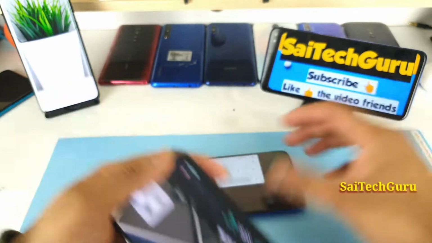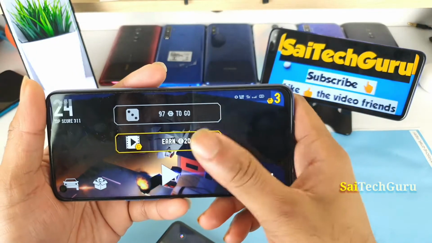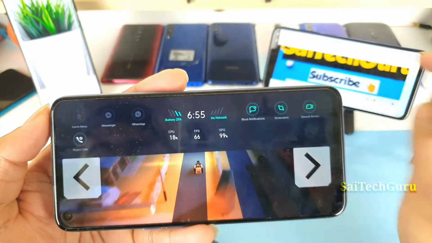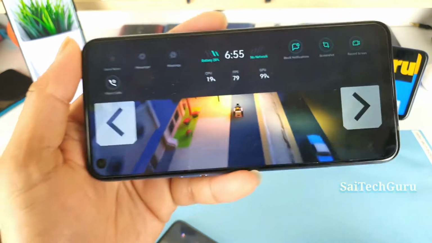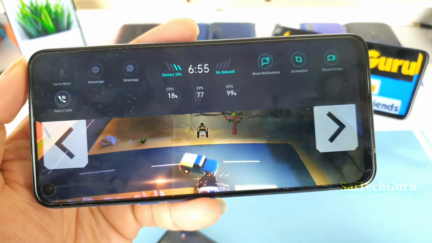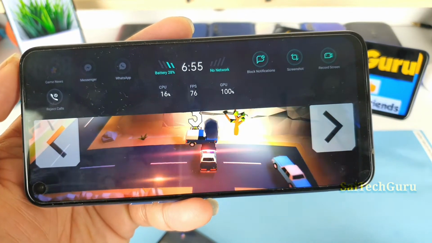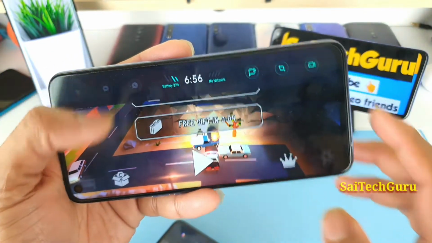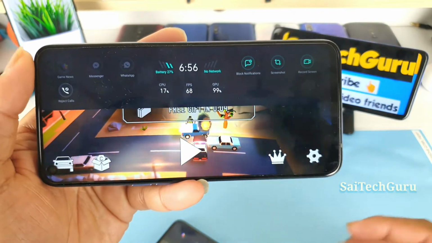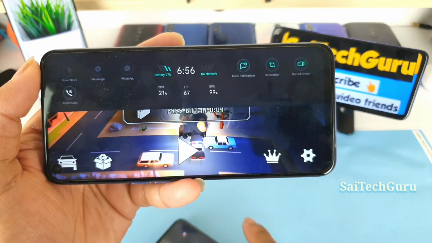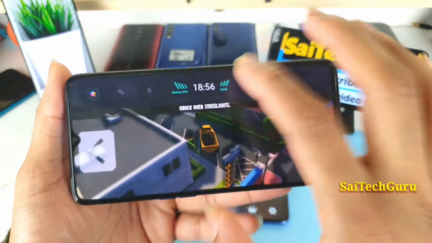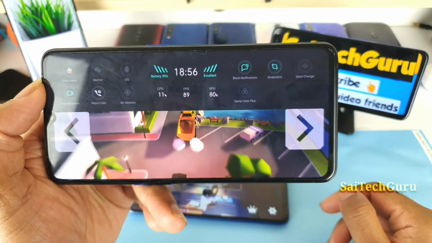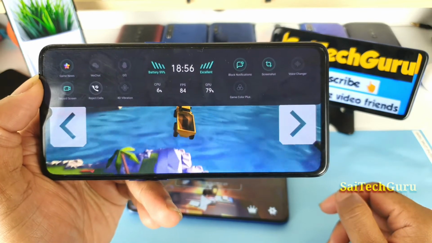As you can see, whenever I swipe, now you observe, friends, how much it's maintaining the FPS. 79, 77, friends, that's it. It's not going above 80. That is the one thing I noticed here. As you can see, it's even going to 68 FPS. But in the Realme X2 Pro, this is not the case. As you can see, friends, 89, 88.